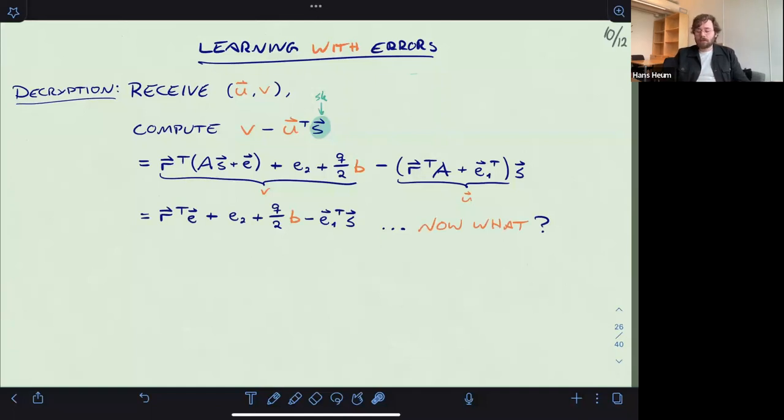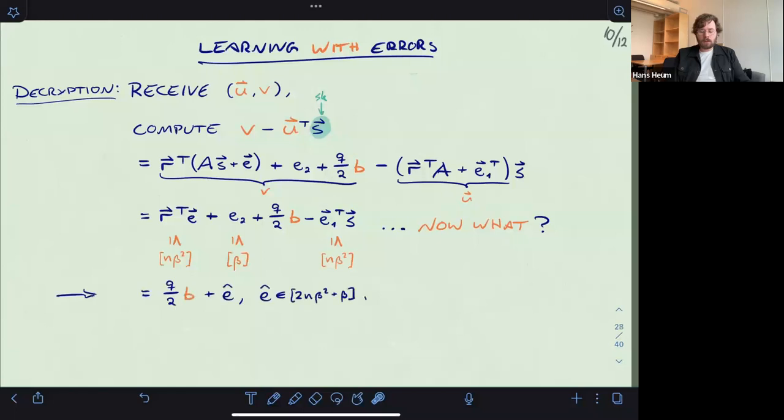So then what? Well, here's the trick. You notice that all of these were sampled so that their elements are smaller than beta. So in the worst case, you get something of size beta times size beta, and then these are n-length vectors. So you multiply by n in the worst case if all of them are equal to beta. And you get something which is bounded by n beta squared plus n beta squared plus just beta for the